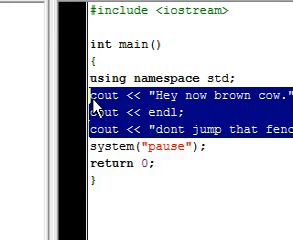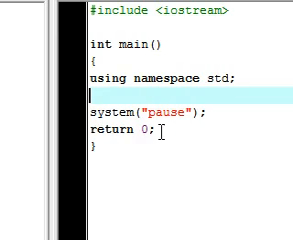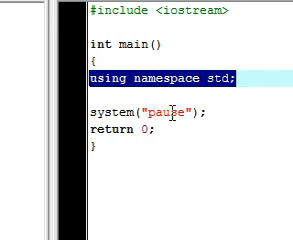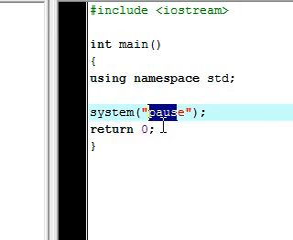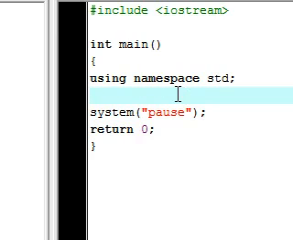So let's go ahead and delete all these cout ones. So now that we're just using the namespace, the system, and the return. So let's go ahead, and the first thing we need to do when we use a variable